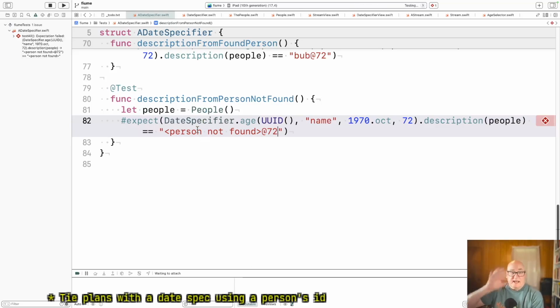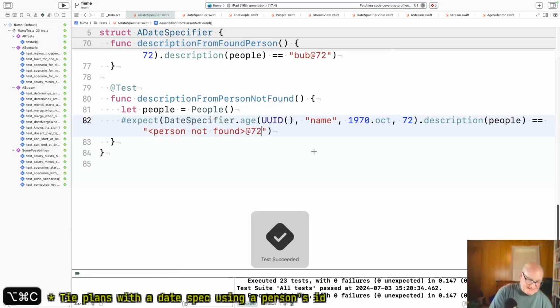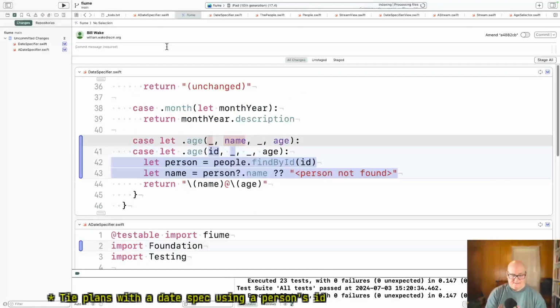But anyway, this can't happen yet, but hopefully by tomorrow. Okay. Make description, use people to locate by ID.